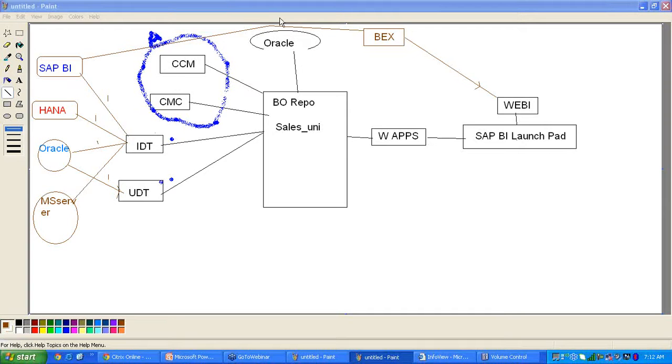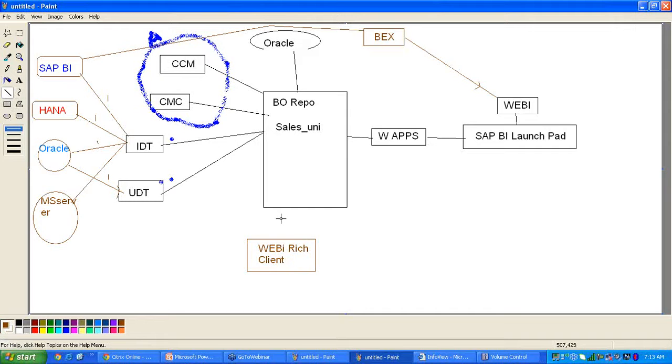Fine. So coming to the Business Objects architecture components. Now the Webi connects to the BEx queries. So far we have only the Webi reporting tool. Yes, we have another reporting tool, the Webi Rich Client. Webi Rich Client is another reporting tool. It's not a web-based tool, though the name sounds web-based. It is a client-based, desktop reporting tool.